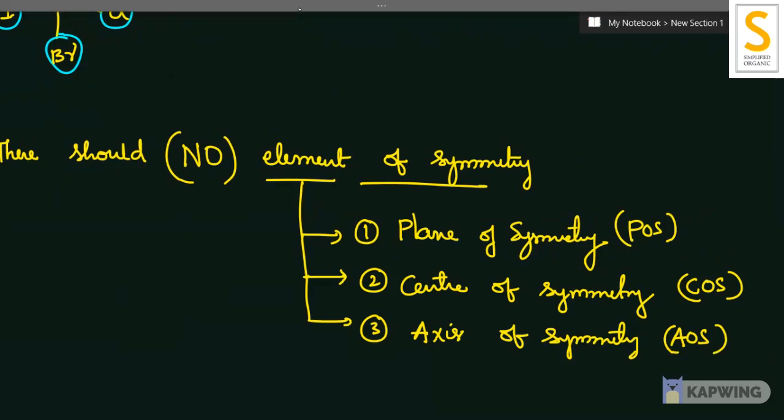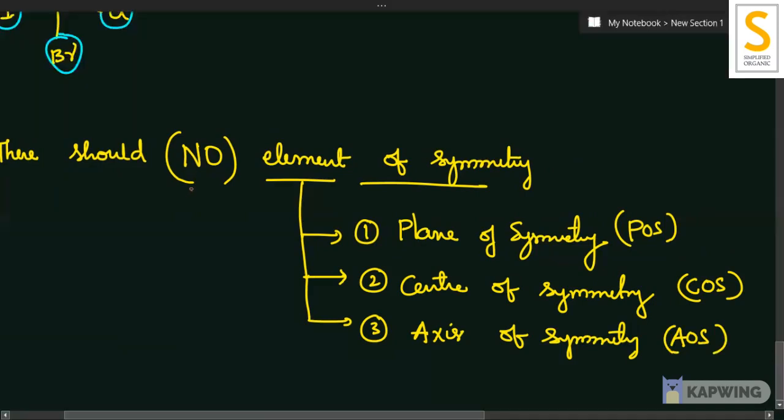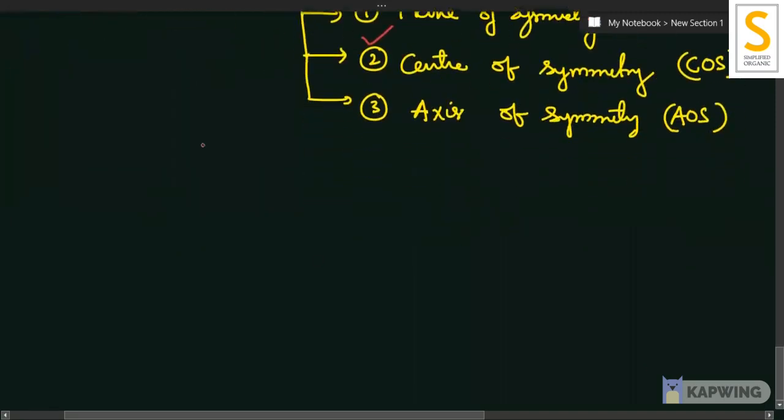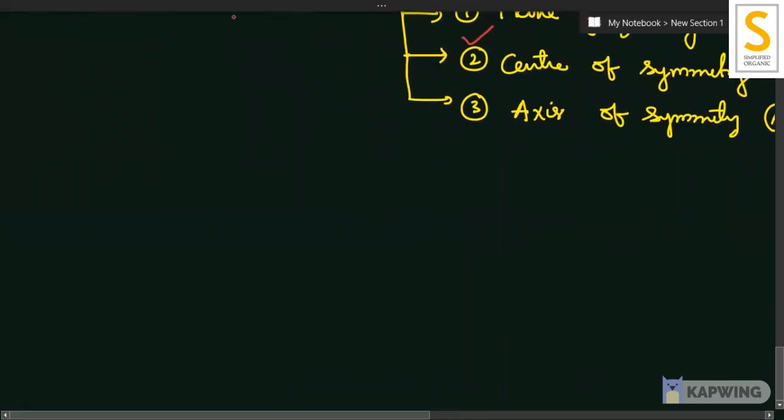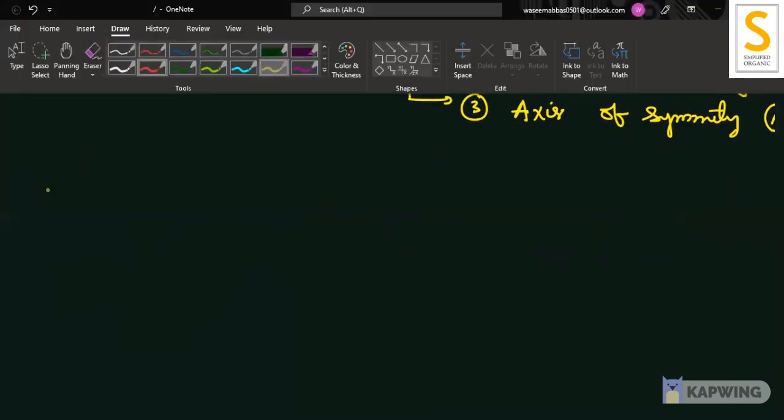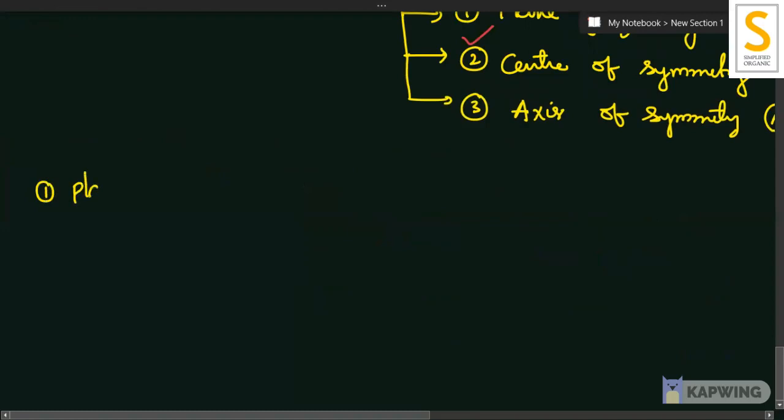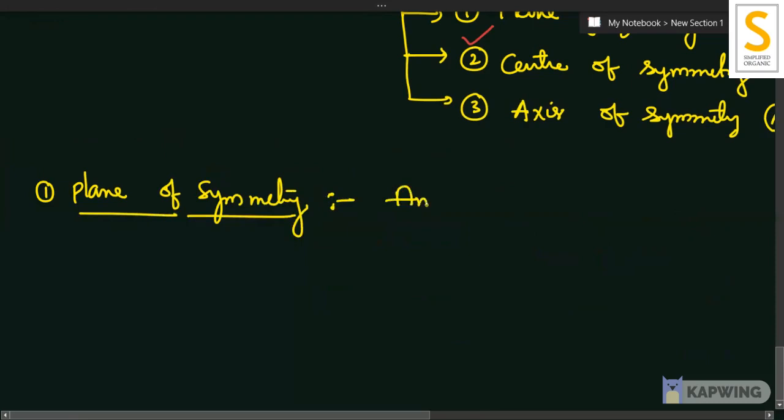These are the 3 elements of symmetry, and the point is this should not be present. There should be no element of symmetry. Now, mainly I'll discuss plane of symmetry and center of symmetry. These are important. So, what is plane of symmetry? It is nothing but an imaginary